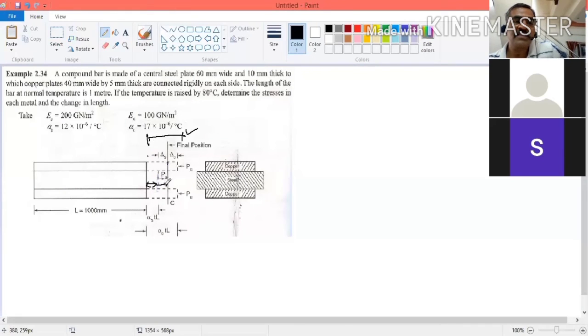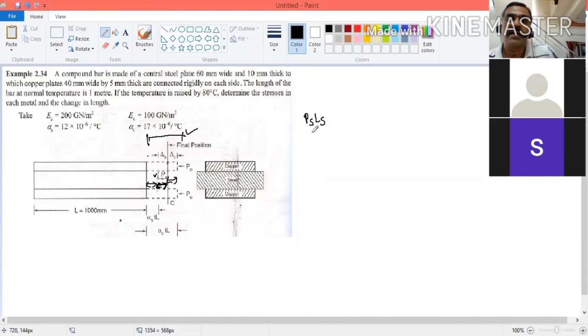This distance and this distance can be calculated in two ways. To calculate this much amount of expansion, how much load must have acted? If I write this deflection in terms of load, what is the equation? This is steel. If you want to expand steel by this much amount, if I write the expansion in terms of load, the equation is